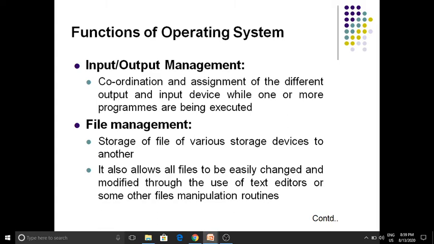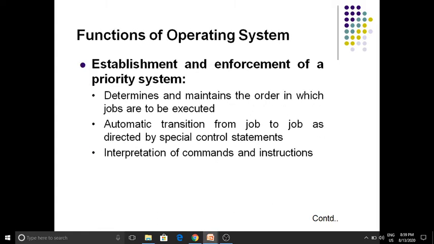Okay students, now let us go to the fifth function of the operating system, which is establishment and enforcement of a priority system. It determines and maintains the order in which jobs are to be executed. The priority system is nothing but first in, first out: the job which comes first will be executed, and then it will take the second.